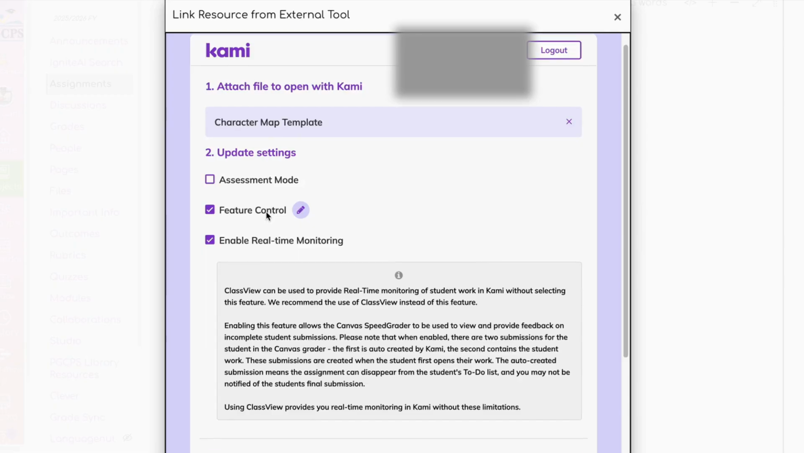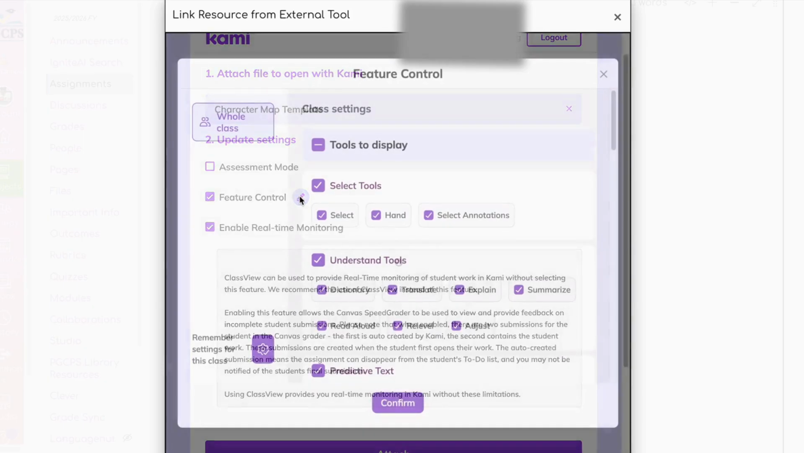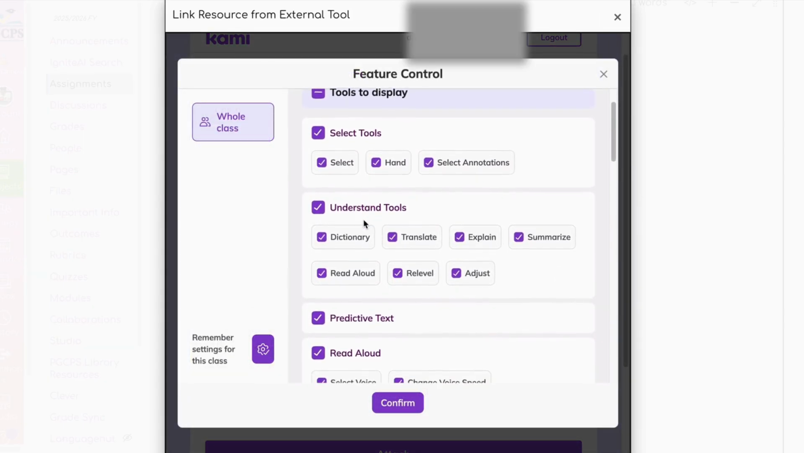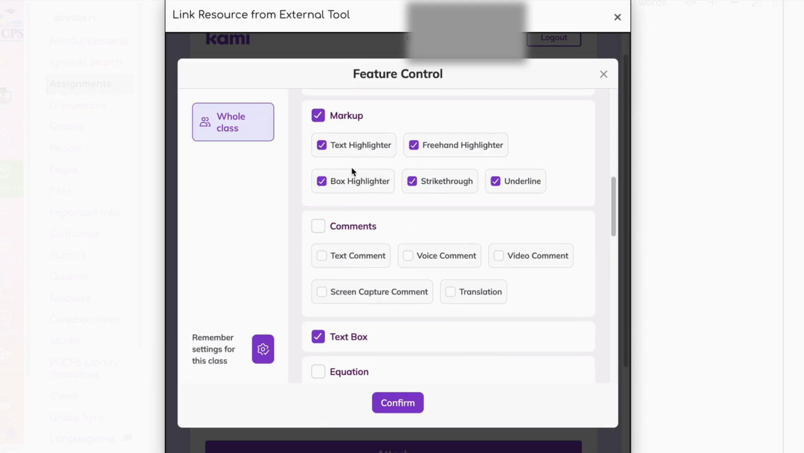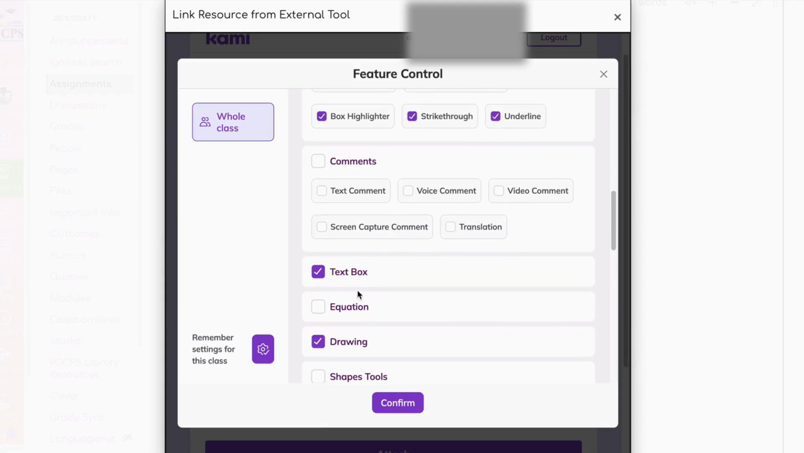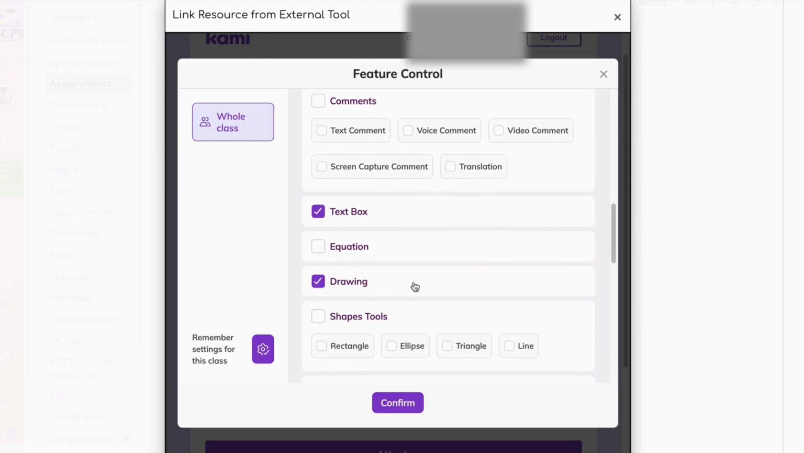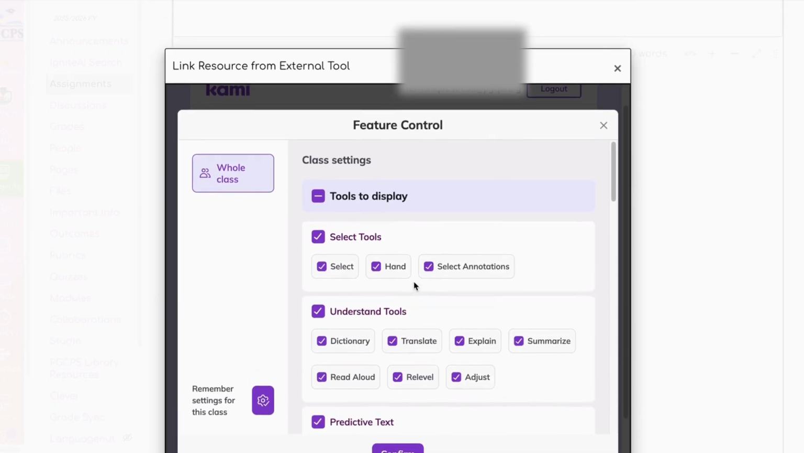I'm going to attach. Now here is a really great feature to go ahead and update if you haven't used Kami before. This one gives me the opportunity to provide different tools for understanding, for reading aloud. This is my favorite to give the students. I want to make sure that I turn the highlight feature on and the text box feature on, and it just makes learning a little bit more accessible for students, even the drawing tool. I sometimes don't really know what they're always going to need, but I do my best to click and select